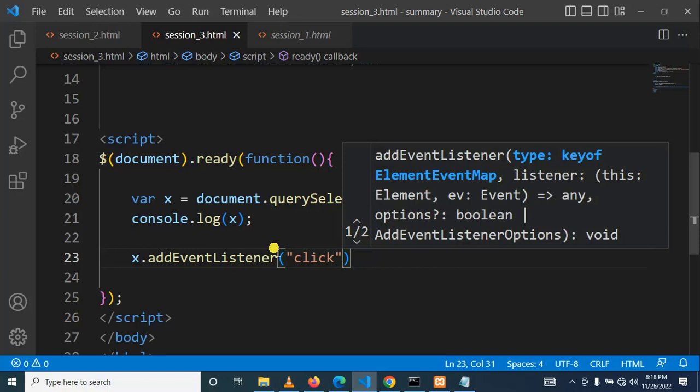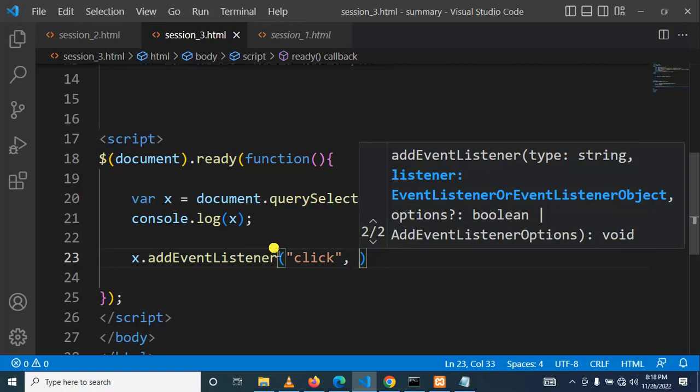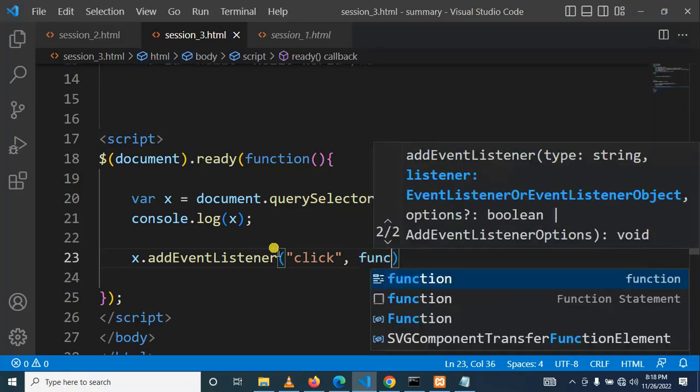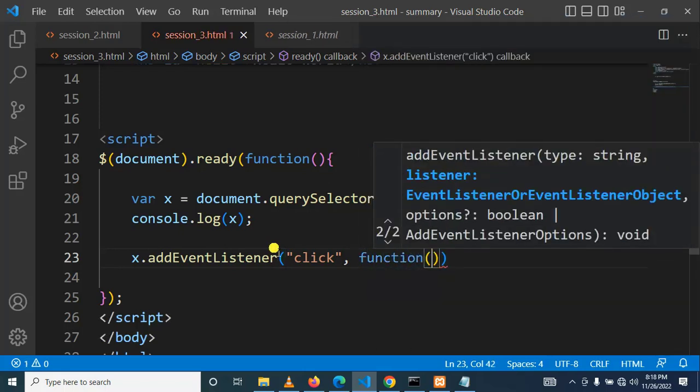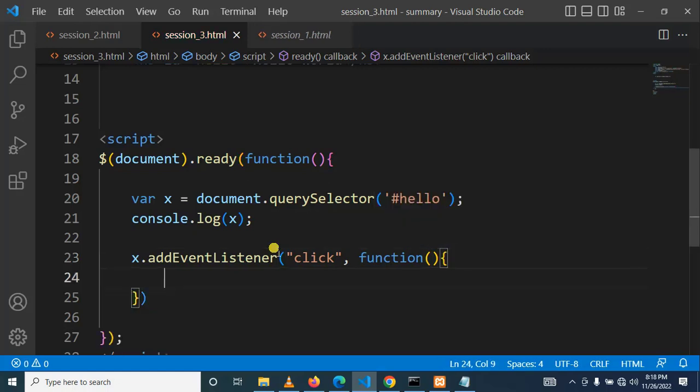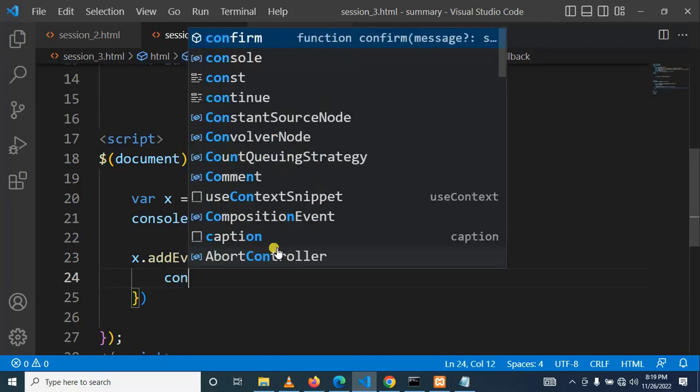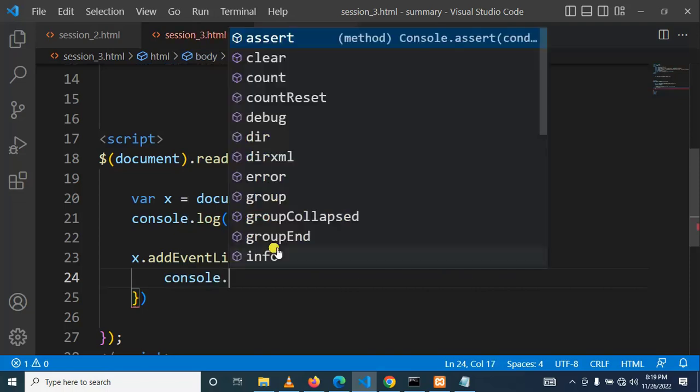So the event is click, which falls in the category of mouse events. After that, we needed to specify the function. You can write a function here. If you have created a function already, you can put it in, but let me say console.log